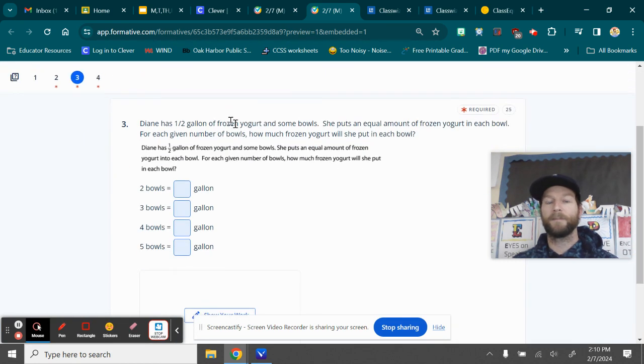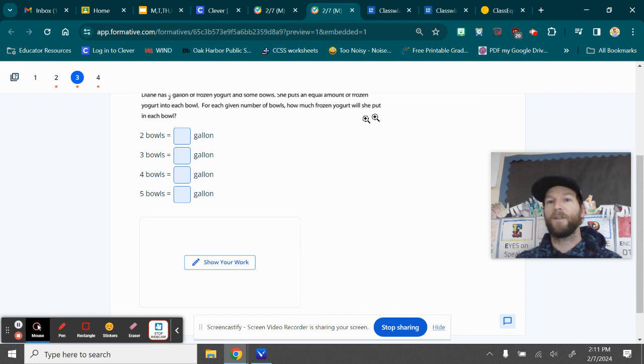Another problem. So I'll do the first one of these for you. This one's a little tricky. Diane has 1/2 gallon of frozen yogurt and some bowls. She puts an equal amount of frozen yogurt into each bowl. For each given number of bowls, how much frozen yogurt will she put into each bowl? So if she has 2 bowls,